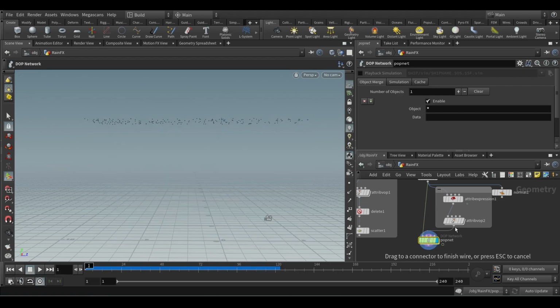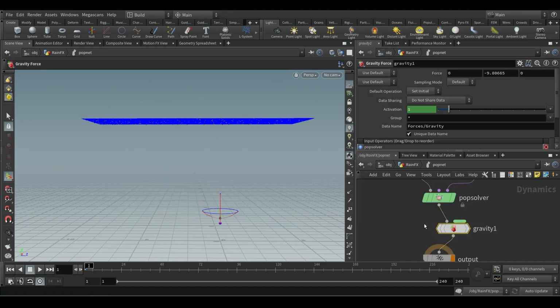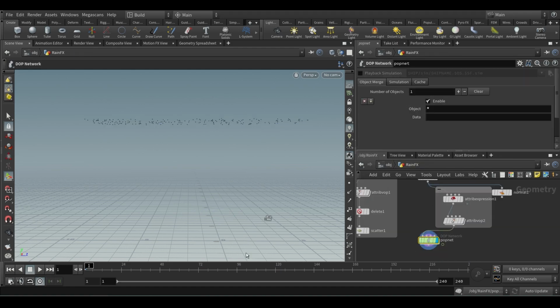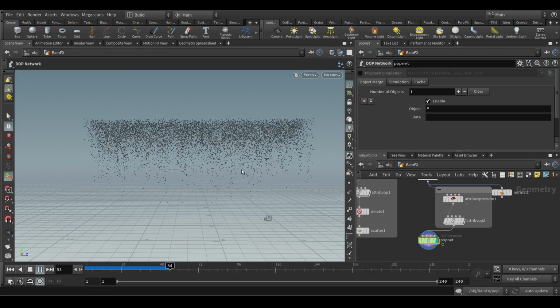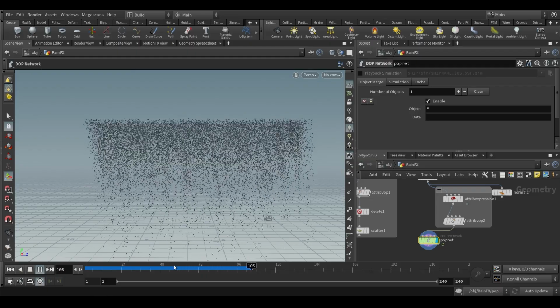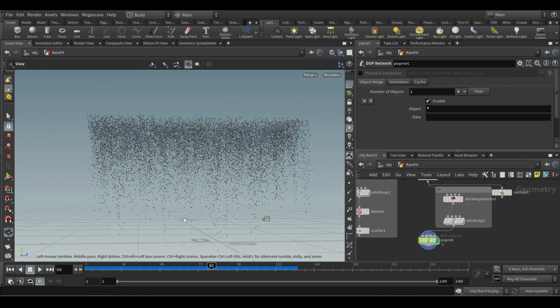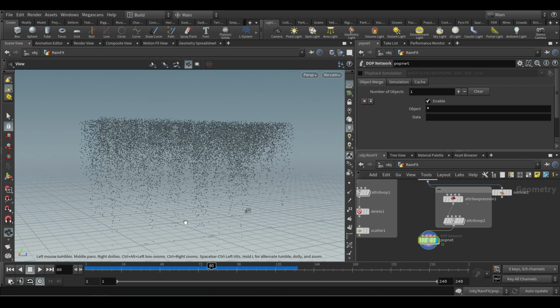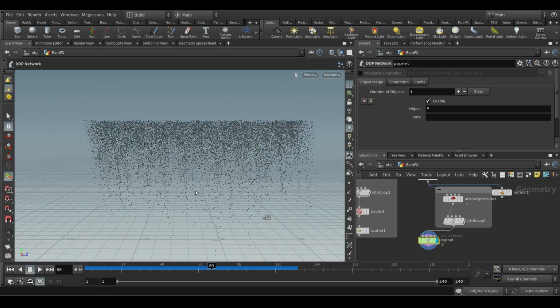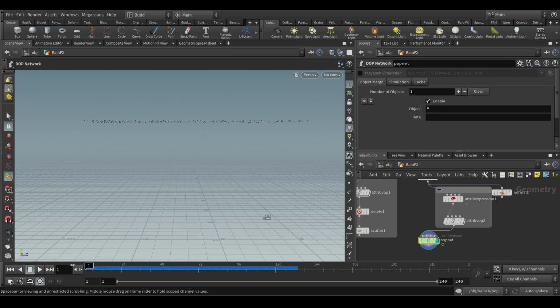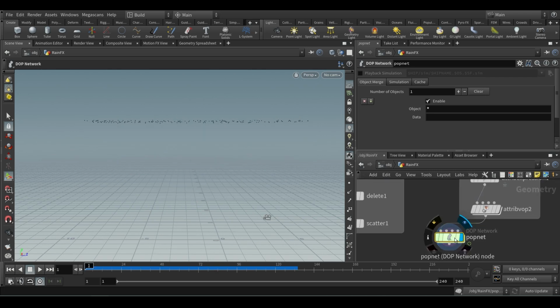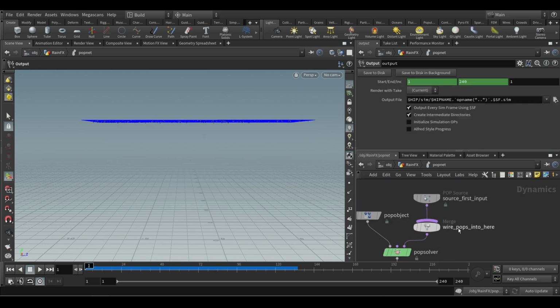So look at ours. In ours we don't need a gravity because we are giving a gravity by our own idea. So see, it's looking good, or at least not really good, but the shapes are different, isn't it? The shapes are different. Some are very speedy, some are very slow. That's what we want. So the next part will be all similar to the snow setup.